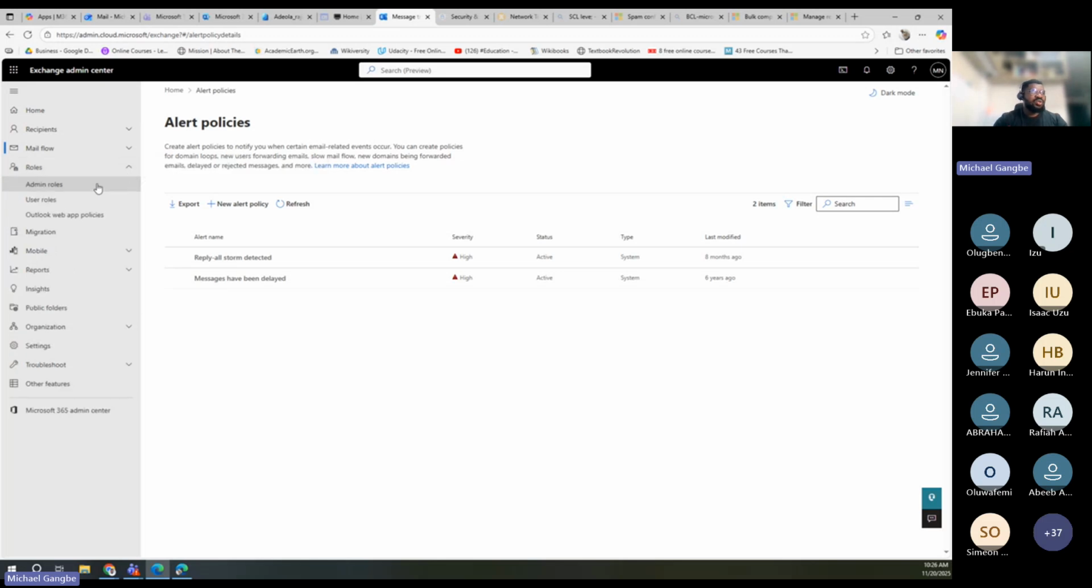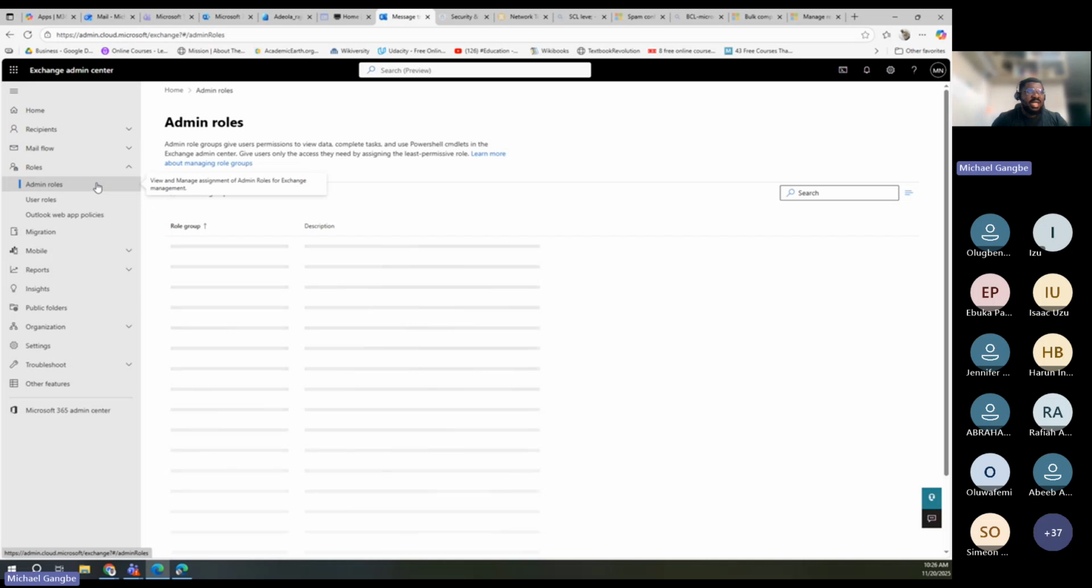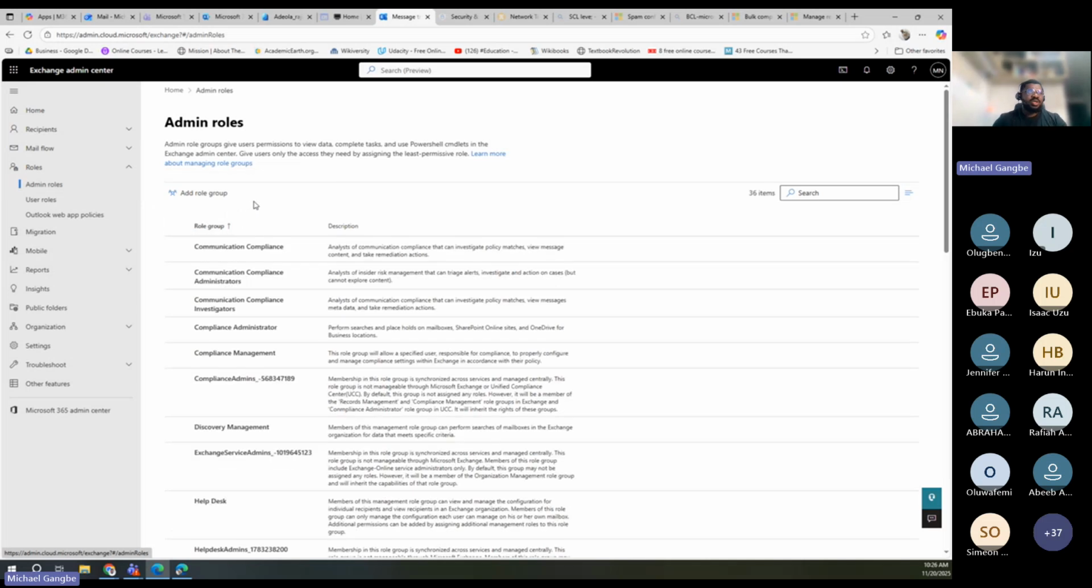So roles. The same way you assign roles in Azure Admin Portal, you can also assign roles in Exchange admin portal, and roles are just different types of roles you can assign to users. So in your exam, there are some questions that will come that they are